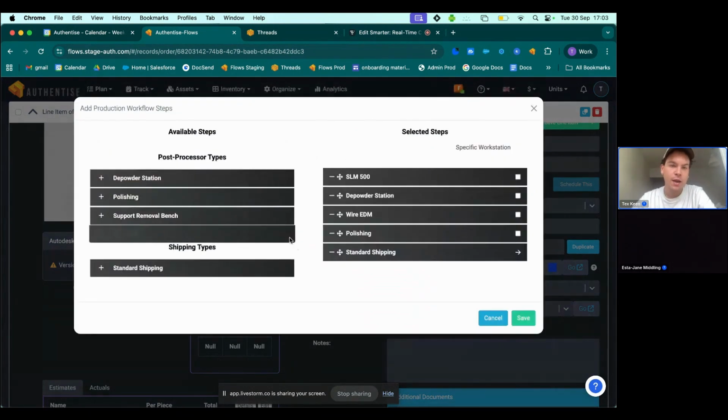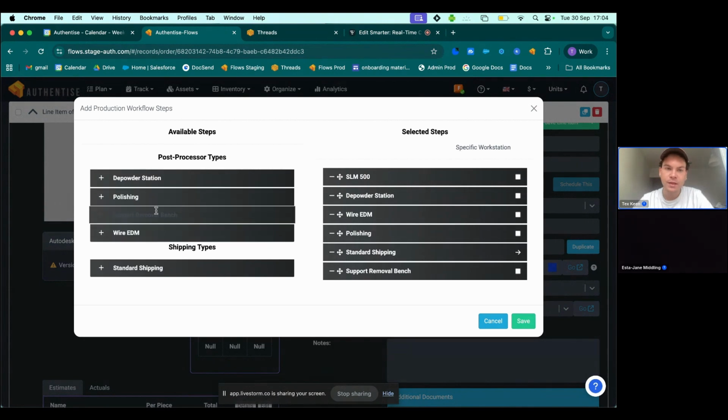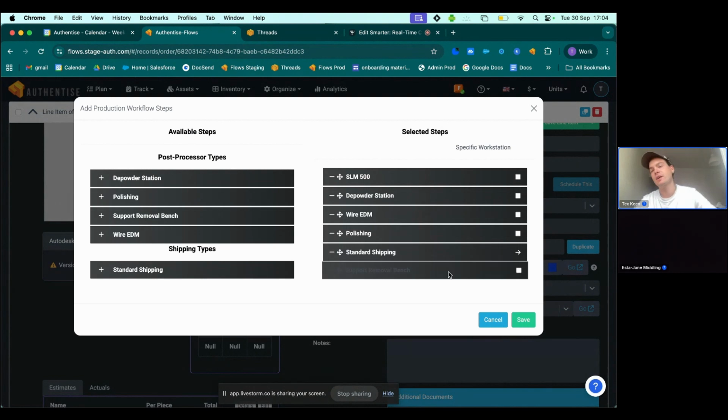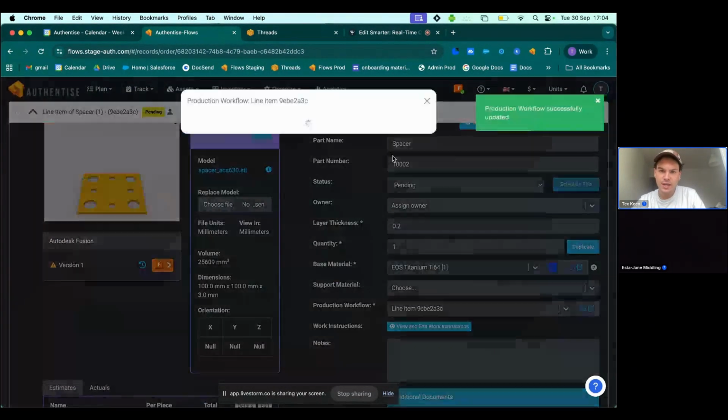So these are all custom fields that you can swap, interchange, add into the workflow really easily just by clicking the add button. And if you want to change the orders as well, you can move them around so that they chronologically make sense. And if you just save that,